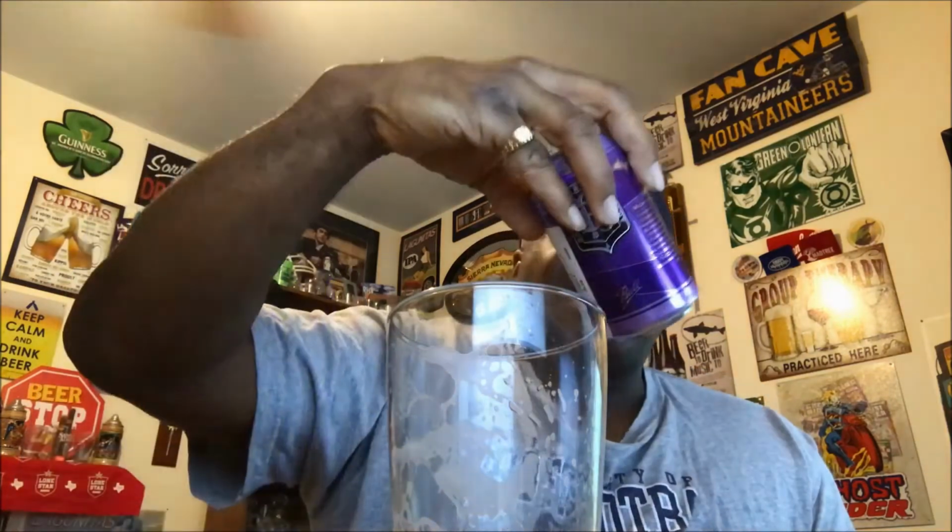I like trying different things, so I'm glad Eric just sent it to me so I can get a feel of different stuff. I do feel some of the carbonation in the chest, but not really any throat burn or anything like that when it goes down, so it did go down rather easily. Just not something for me, but if you like fruitier type beers, this may be something for you to check out as well. Perrin Brewing,